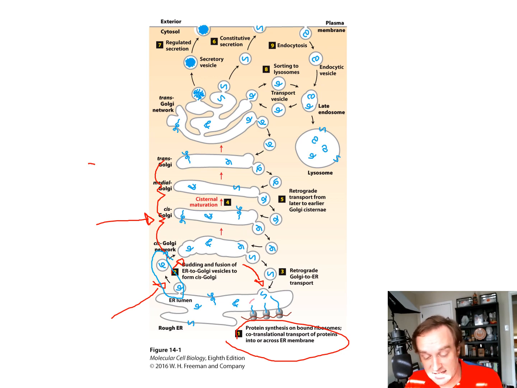And then in step 4, we have this cis-Golgi cisternae and its contents are moved from the cis to the trans face of the Golgi complex by non-vesicular cisternal maturation. What that's saying is the cisternae will move themselves and their contents towards the trans face,